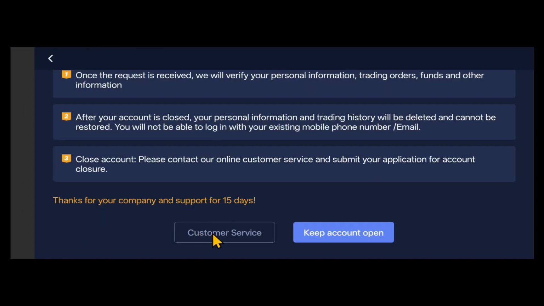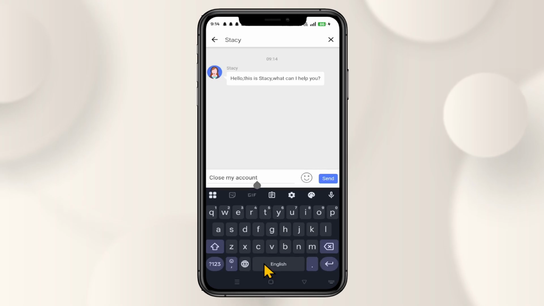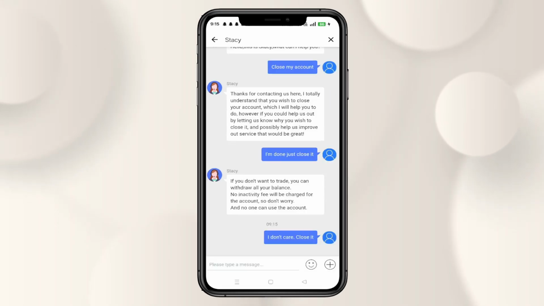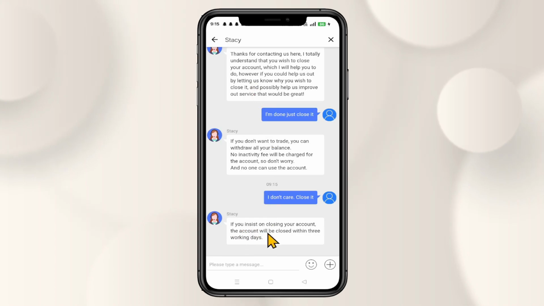You can then tap on the Customer Service option, and once the chat is opened up, you can simply type in Close My Account and send. Now, you may need to convince the AI assistant a few more times before it is ready to close your account. So go through the conversation and let the chat message know that you would like to close it no matter the consequences. Once you receive this message, letting you know that your account will be closed within 3 working days,